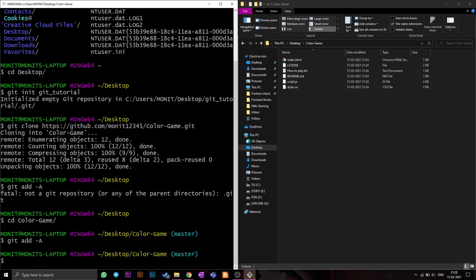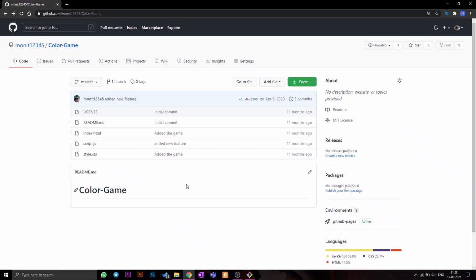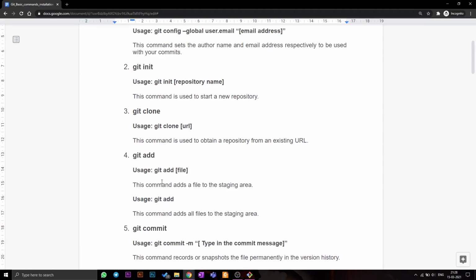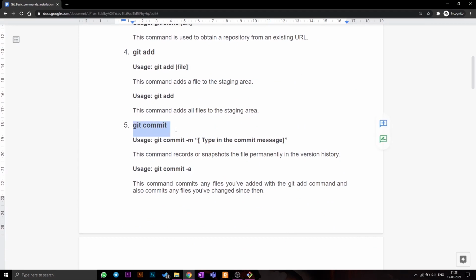It basically added it. It didn't give me any error or anything. It added all the new files. Then what you want to do is use commit. How commit works is it records or snapshots the file permanently into the version history.